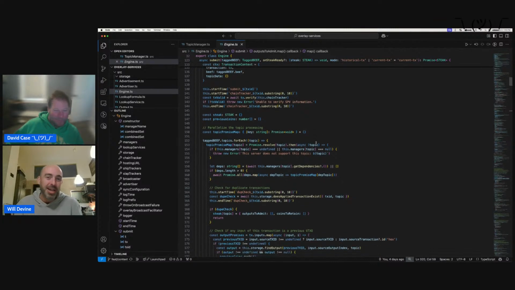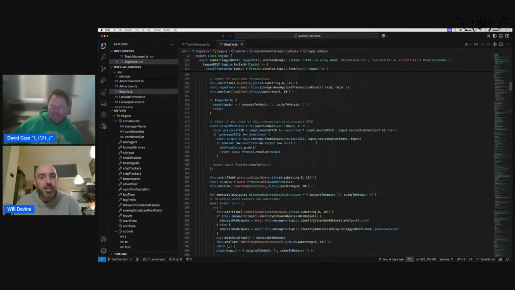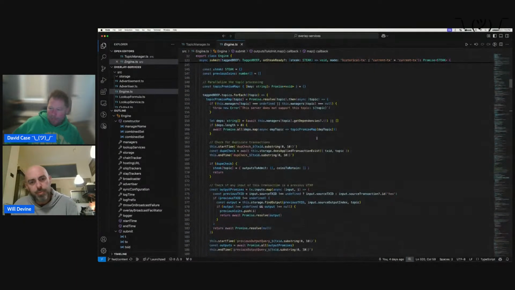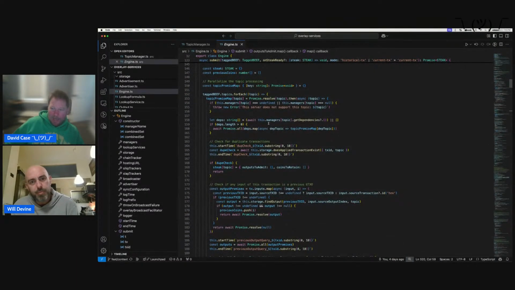So essentially, this whole point is fascinating, where I want to get into this overlay service, and we'll wrap up pretty soon here, is just the topic managers. So where the wallet toolbox stuff is all about, you've already defined what these outputs are, the overlay services has these topic managers whose job is to look at a transaction and tell you what the outputs are that apply to